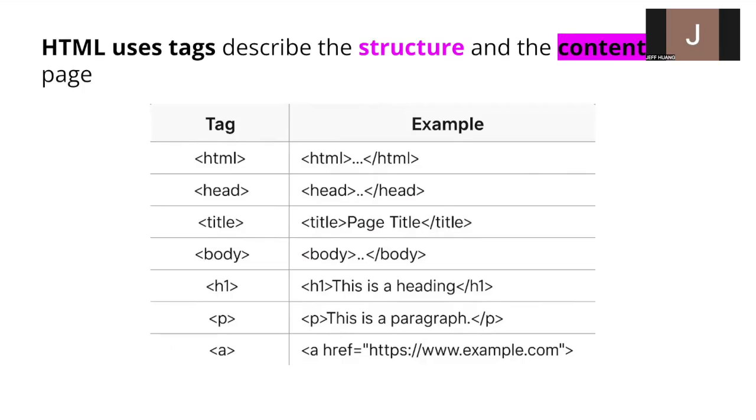There are multiple tags; here are the most basic ones. HTML defines your HTML document. The head is where you put things like links that you want. The title is your title, and body is the body. H1 is your header. P would be text that you want to put on your page, and A would be a reference or a link.